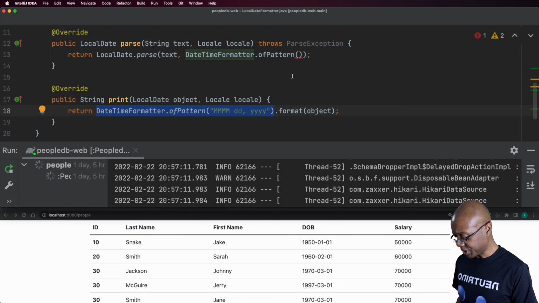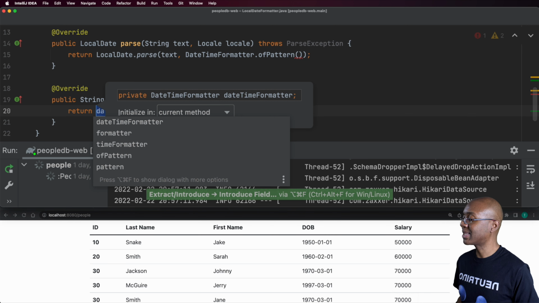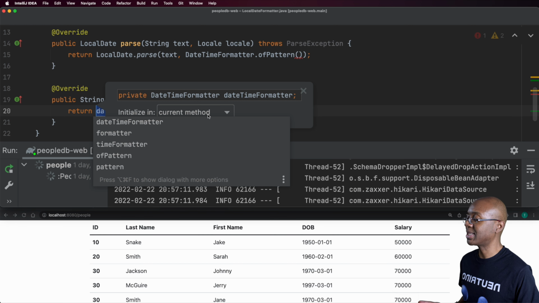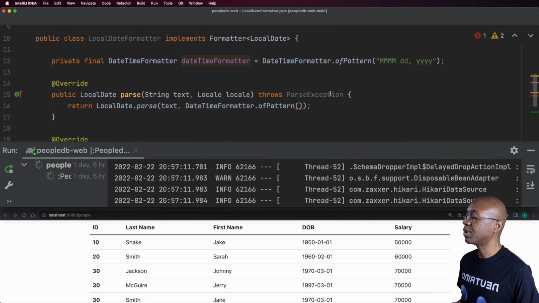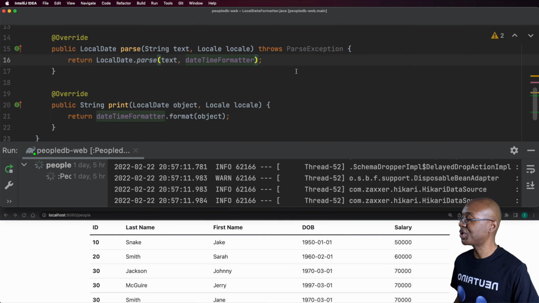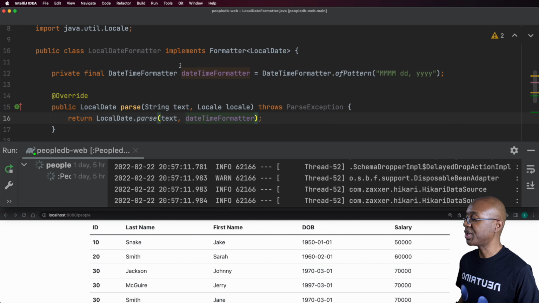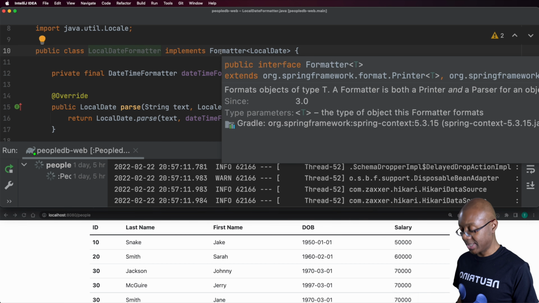So I will do an option command F for field, and it's asking me where do I want to initialize it. Now I don't want to initialize it in this method because then it won't be initialized when I use it up here in the parse method. So instead I can go ahead and just have it initialized in the field declaration in this particular case because I can do it in one line, okay? And then I will hit return. All right, and so there's our DateTimeFormatter right there. And now I can just refer to that guy, DateTimeFormatter, like so, okay? And I don't have all of that duplication. Now, that's not quite enough. In order to actually use this, I will need to annotate it